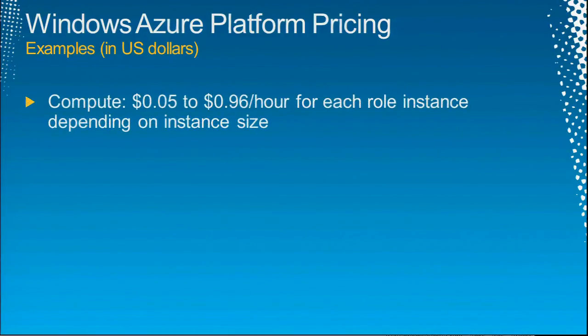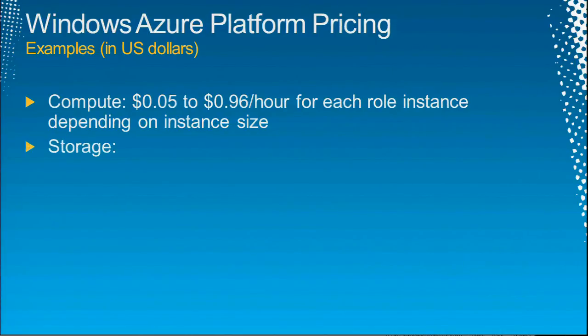Windows Azure charges between 5 cents and 96 cents an hour for each role instance, depending on its size. You can have various numbers of cores and memory sizes in your VMs. You pay based on size. And now, this is a key point. You're paying per hour. You are paying per wall clock hour. If I've got an instance running for an hour and it has 100 users in that hour, or it has no users at all, it's the same price. Because you are, in essence, renting cores and memory on a server in Microsoft's data center. So it's wall clock time.